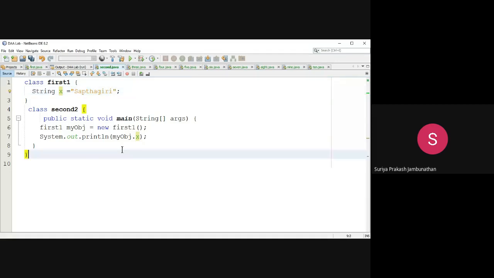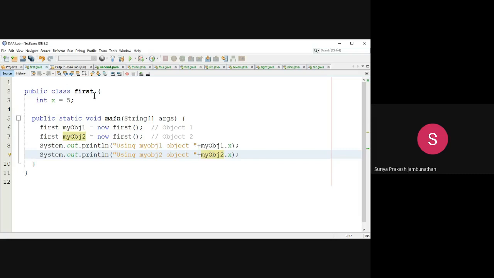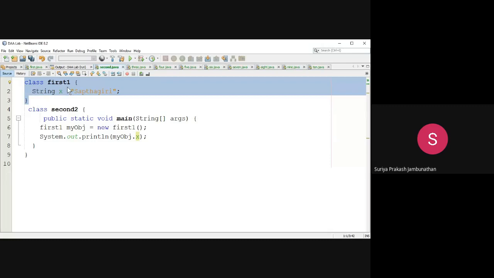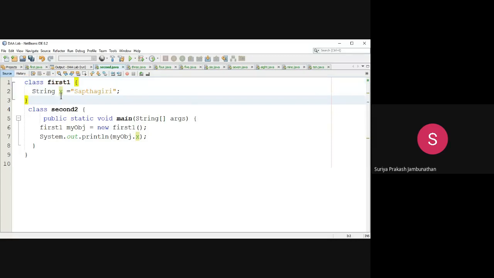Here we are dealing with the string and we have created two different classes. In the previous program, we used a single class with the main function inside it. In the second, I modified the variable as a string variable and I am just accessing and displaying it. I created two classes. Inside the first class, I am creating a string variable x, and I am creating a second class, second 2. Inside that, I am creating the public static void main function.